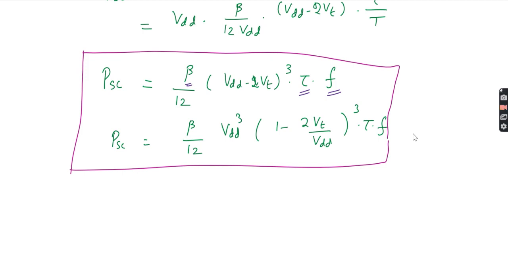So from this I can say the short circuit power is proportional to frequency, and the short circuit power is proportional to the rise time and fall time, that is tau r and tau f. Then the short circuit current may be different for different slopes also. Let me show that figure, with respect to the timings and with respect to the load capacitance. So the first figure will be